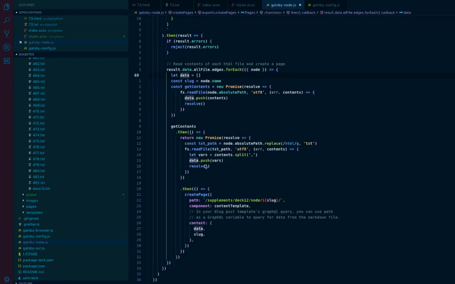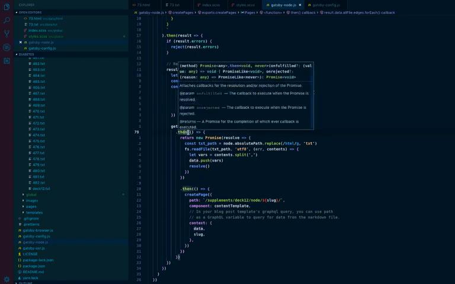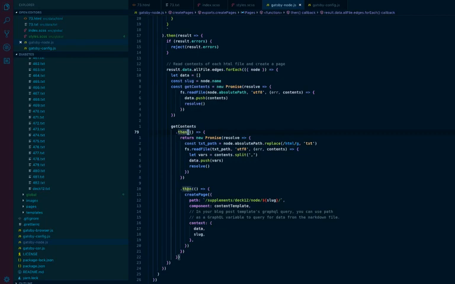So once we do that, we're going to resolve, and it's important to have the first then return a promise, because then it allows the second then to wait for the first then. If you don't return a new promise, if you just returned a variable or something else, it's going to run both these thens synchronously. So then our second then, we're going to actually create a page using the create page